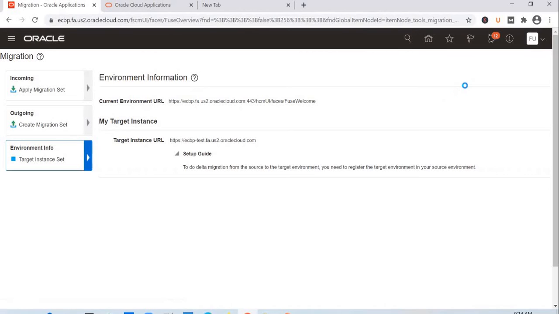You see an option to create a migration set, and you can pick what sandbox changes you would like to migrate as part of it. It's taking quite a bit of time here, but you go into this screen, select the sandbox or the changes that you want to migrate, and it will create a migration set. It will generate a zip file which has all the changes you have done as part of that sandbox.